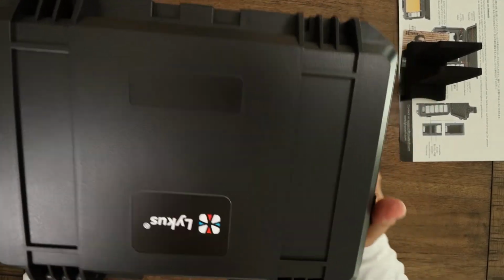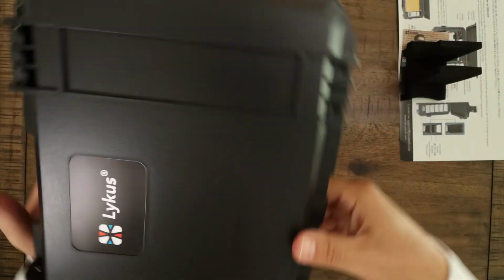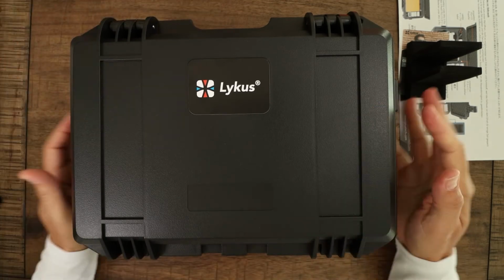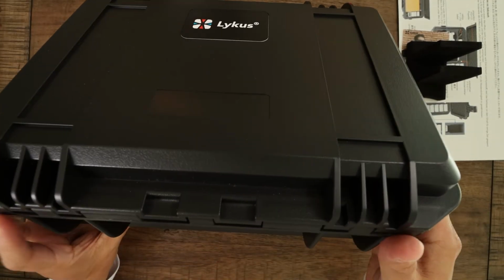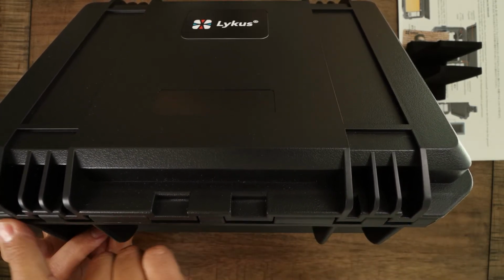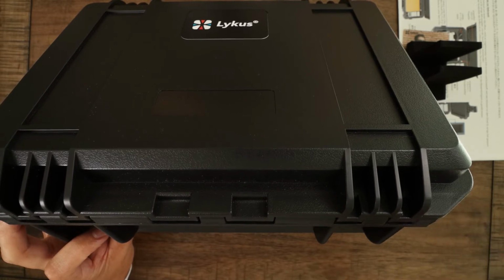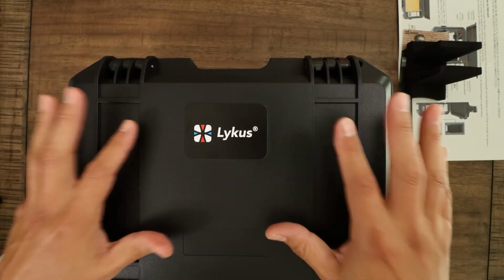Closes very nice. Again, a very nice case from Lykus. Very good product overall. Definitely good construction. The material's really good. Oh, by the way, back here on the back ends, just so you know, the rod for the hinge area is one solid rod, so definitely very sturdy, very solid. Definitely it is